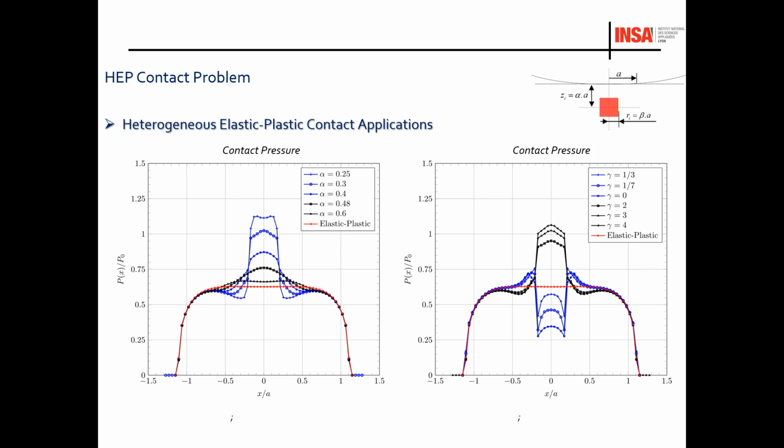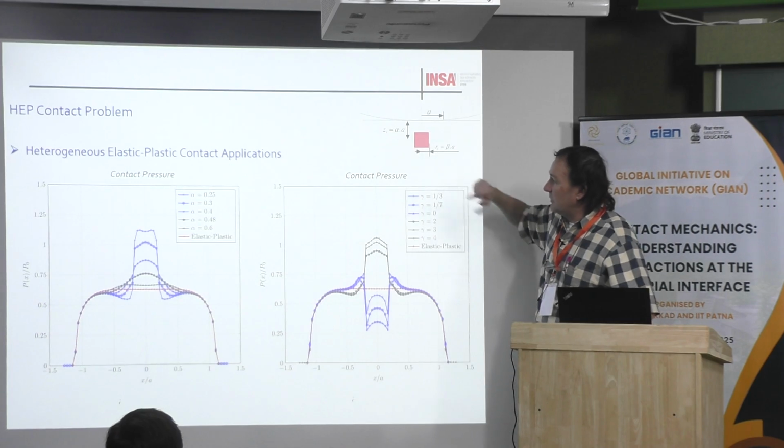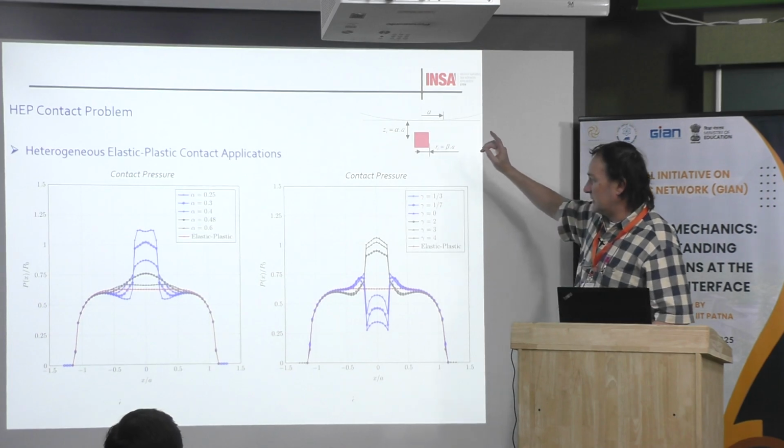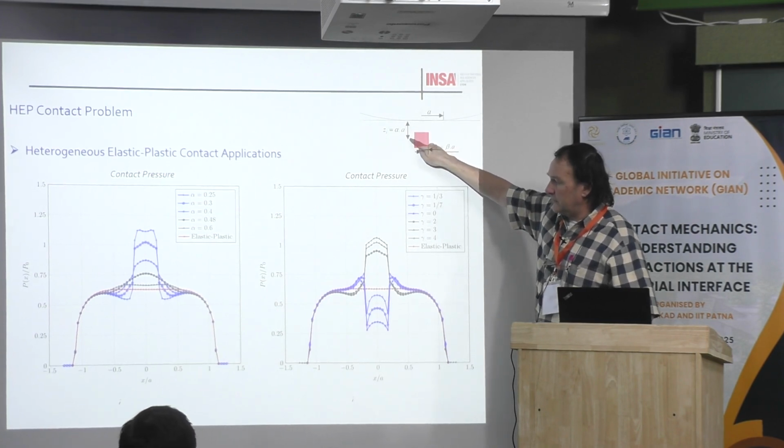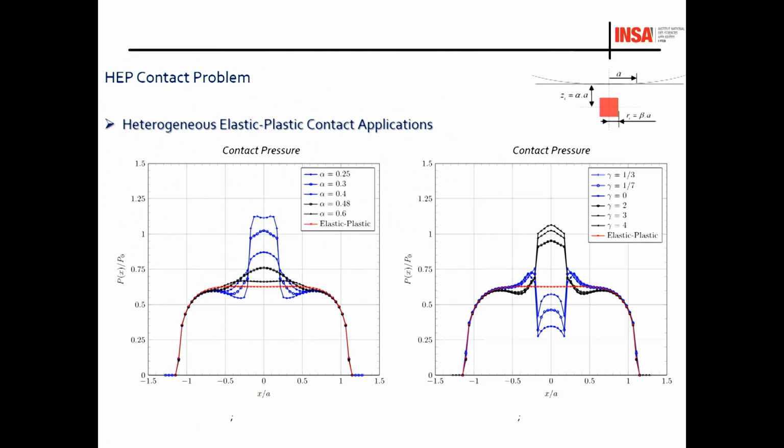Okay, so this is the effect of the geometry. What is important here again is mostly the depth of the inclusion. You can see that when the depth is 0.6 times the contact radius, for a cube, you have a little effect on the pressure distribution. And if you use a depth of one times the contact radius, there is almost no effect. It's the same as I said before, just for a different geometry.